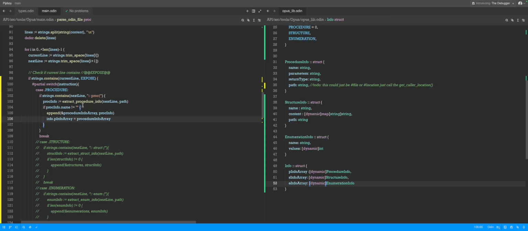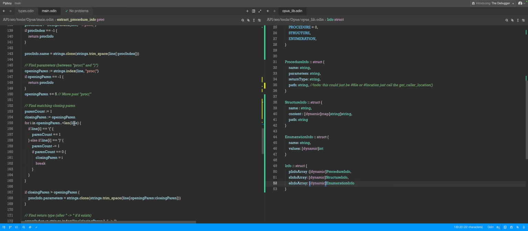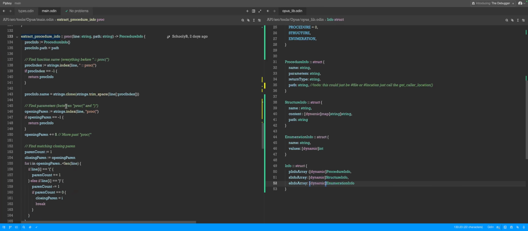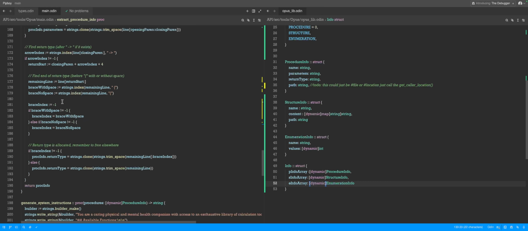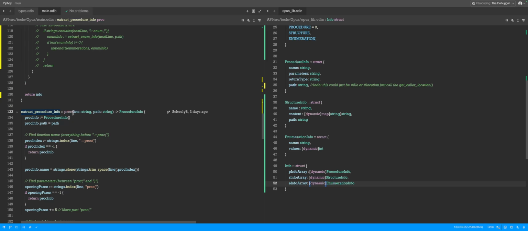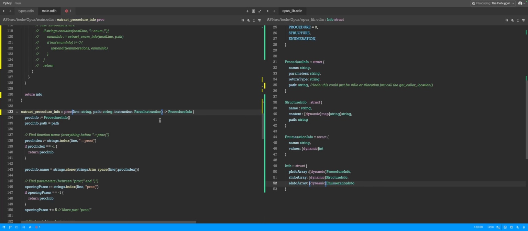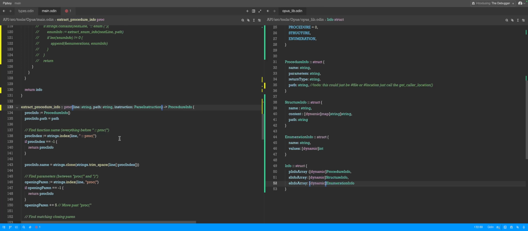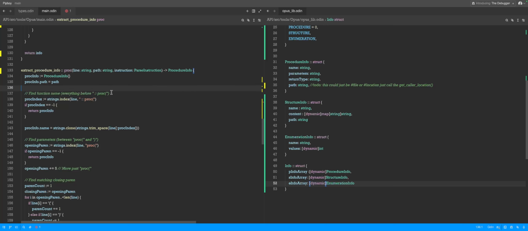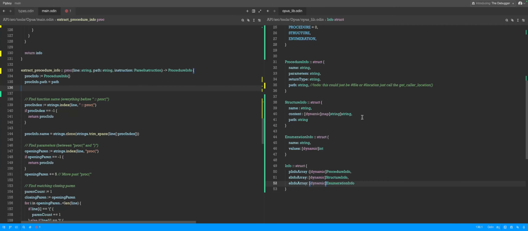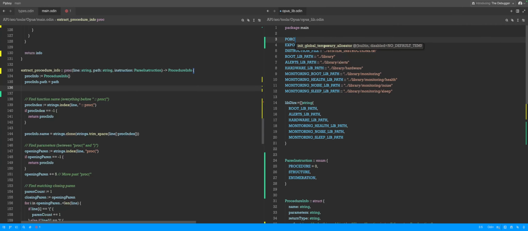Okay, so let's make another procedure like this here. Extract. If we could just extract info, then we could use one procedure for all of this, right? So we could do instruction is a type of parse instruction, and then we can use a switch case. So we'll call this... these need to be at compile time. So proc